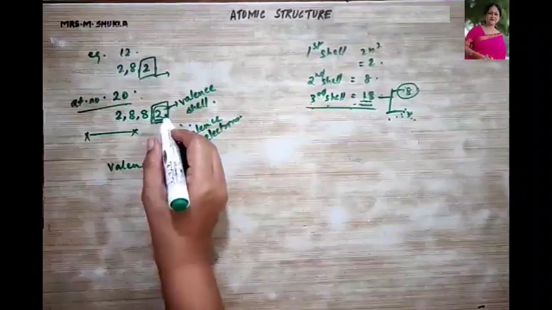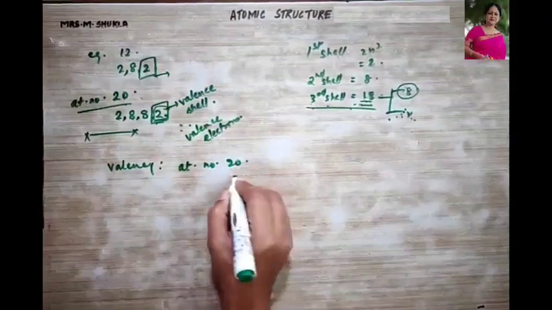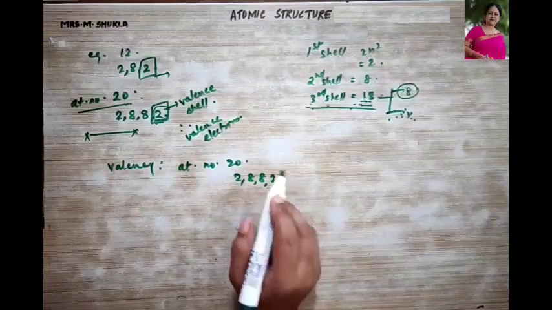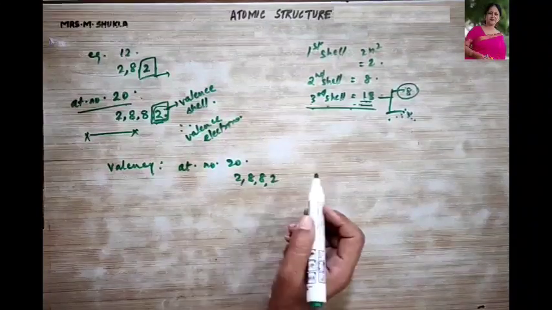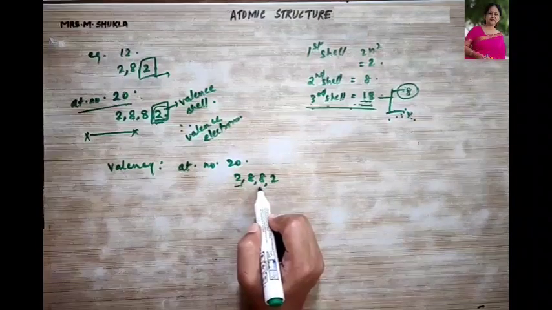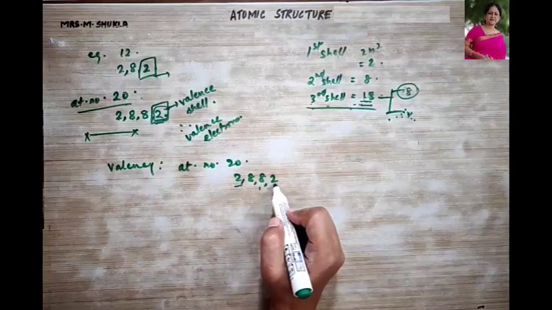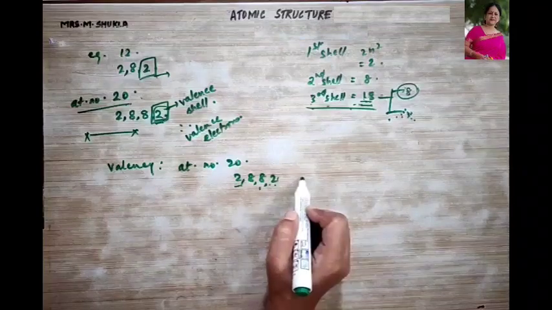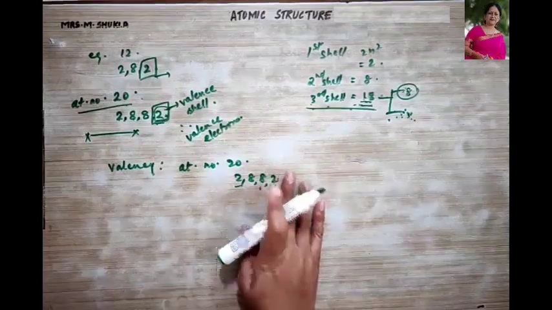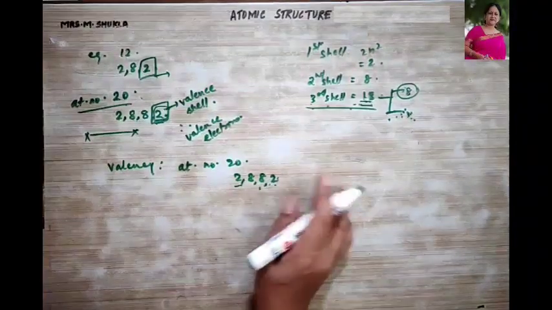reaction. So suppose I take atomic number 20. Configuration 2, 8, 8, 2. To become stable, what does it have to do? It has to follow the duplet rule or the octet rule. It always follows the octet rule. The octet rule says that it should have 8 electrons in the outermost shell. Now to have 8 electrons in the outermost shell, it will either take 6 or give away 2. If it gives away 2, it will have 8 electrons in the outermost shell. So what is easier, to give away 2 or to take 6? To give away 2.